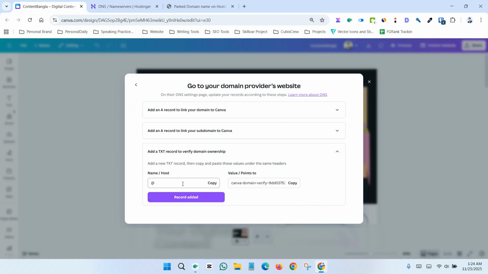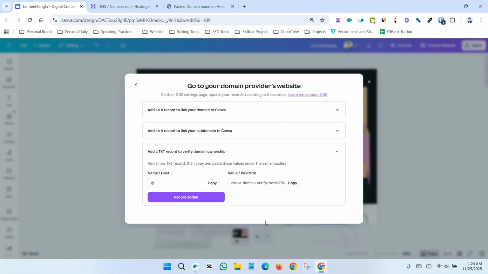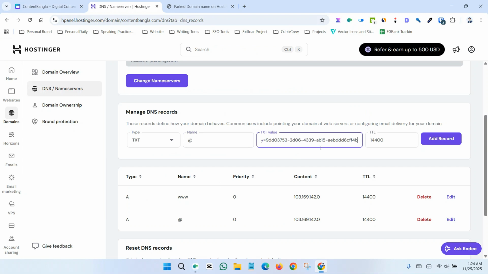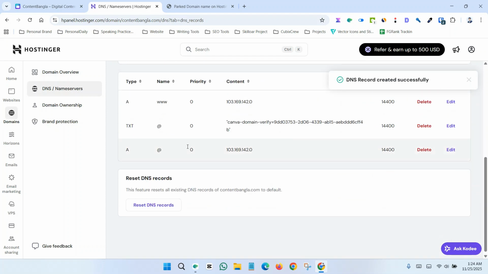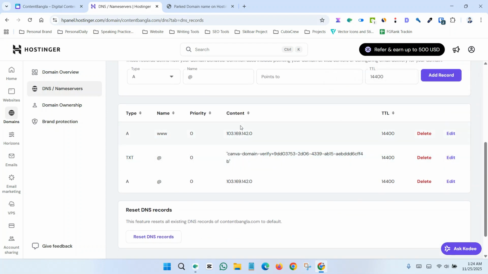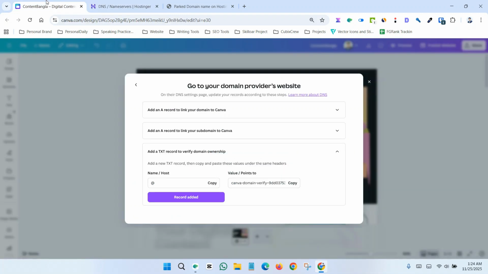And now first add the host name as @, or copy it and paste it here. And now add the value. So click here to copy the value and paste it here and click the add record button. So once the three records have been added to your domain name service provider, now just go to here and